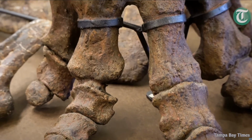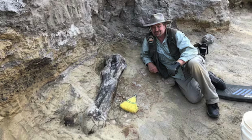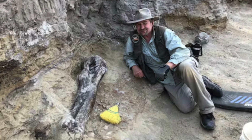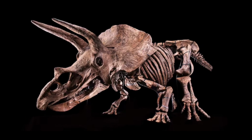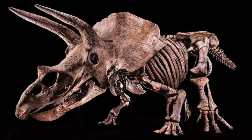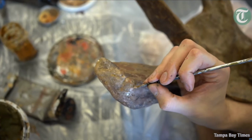Hearing about this should have been amazing, but by the time it came to my attention, the story had taken a turn. The fossil collector who had found Big John, Walter Stein, was the founder of Paleo Adventures, a commercial fossil collecting company. The skeleton was displayed in summer of 2021, with the intention of putting it up for auction later that year. With interest in dinosaur fossils growing among multimillionaires and billionaires, museums have been priced out, and scientists